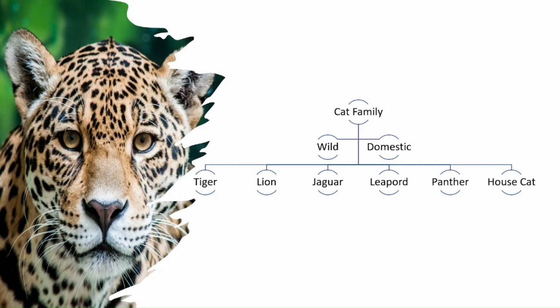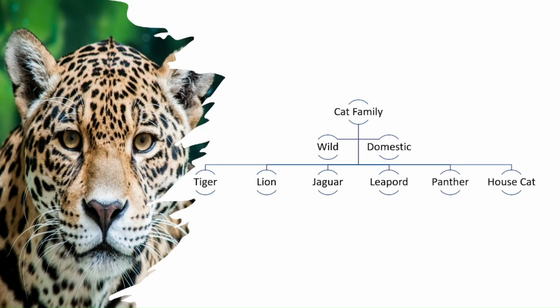It can be a domestic cat or a wild cat, but the features will always be the same. Like we have a tiger, lion, jaguar, leopard, panther, and then the house cat. So panther is not your snake actually. What we are talking about is wild leopard, jaguar, panthers, lion, tiger. Okay, so we are talking about that, and by looking at this